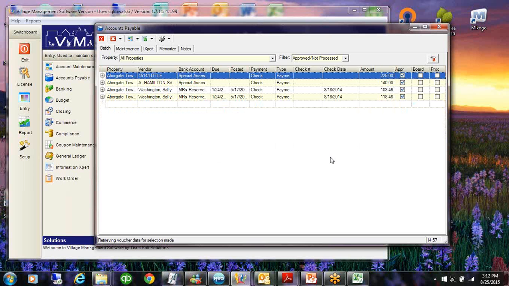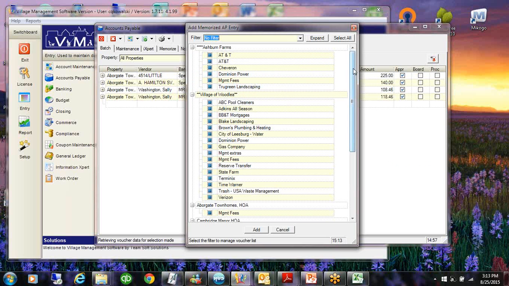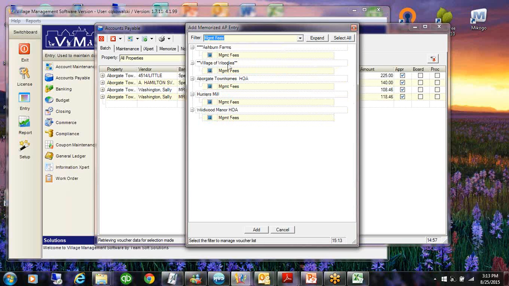Now, let's say it's the beginning of the month and you want to load and process management fees. I'm going to right click. I'm going to say load memorize item. I have properties here. Every one of my properties is going to show. Then, this is why I said give it the same name. So see, I have management fees here, and I have management fees here, and I named them the same thing. So I can say filter, I just want to see management fees. So there it is. Now they all come up. I'll say select all, add,